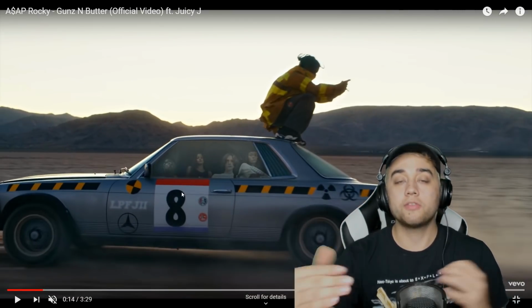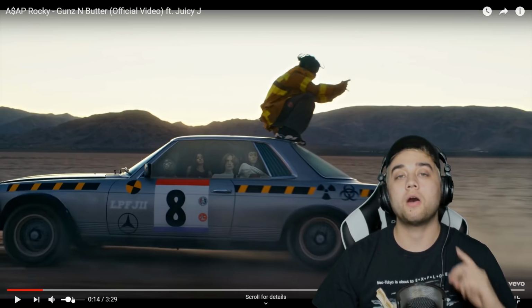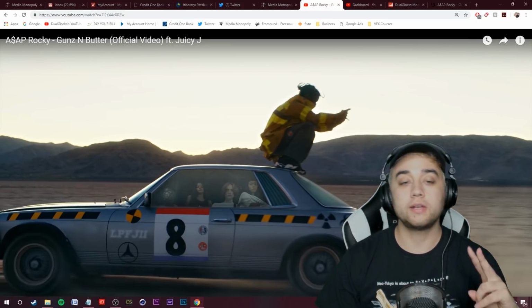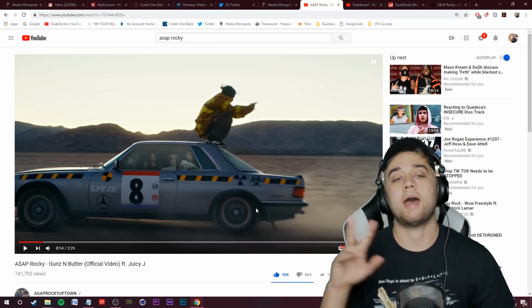You see how whenever the car comes towards the camera, the imagery inside is moving towards the camera as well. That is because it is motion tracked. Very easy to do that within After Effects. I've already made two tutorials for putting the green screen in the window as well as motion tracking it